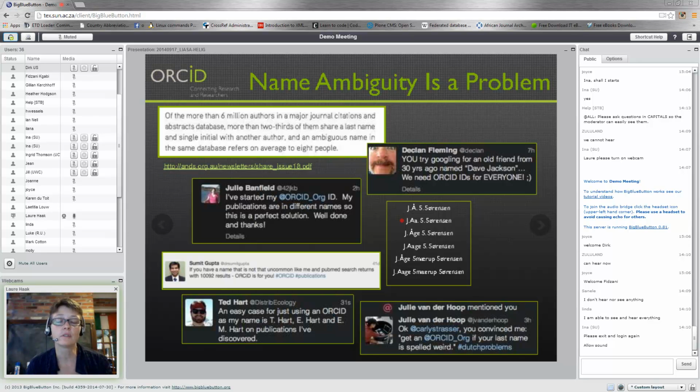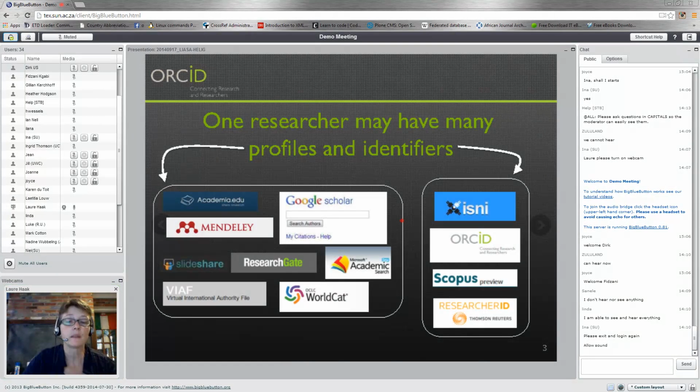We have the Jens Age Schmerp Sorensens of the world, who have 4 different names. Which one's his last name? Which version of this should we be searching for? And how do we handle characters, special character sets? Very, very difficult for computers. So ORCID is around to help us deal with these issues, and I'll talk a bit more about how we